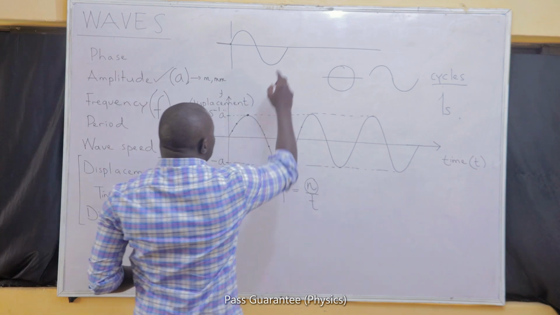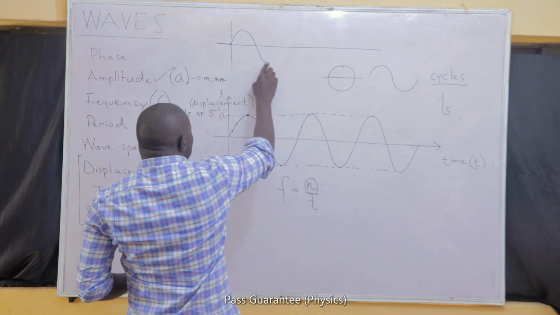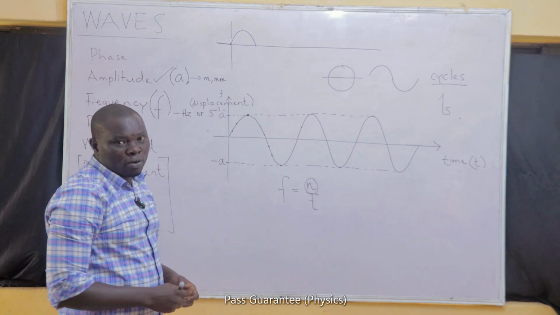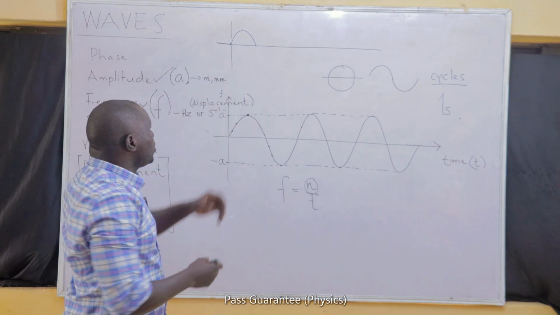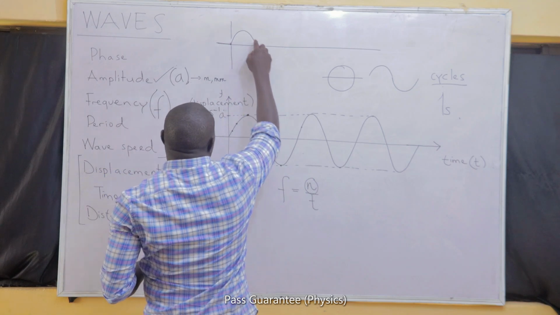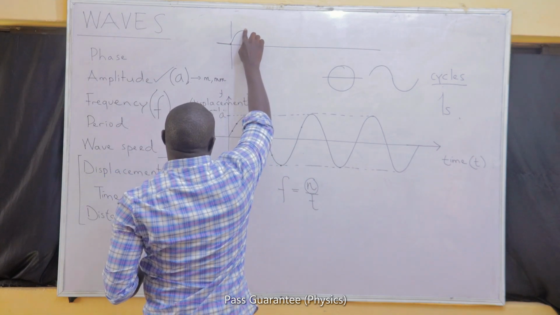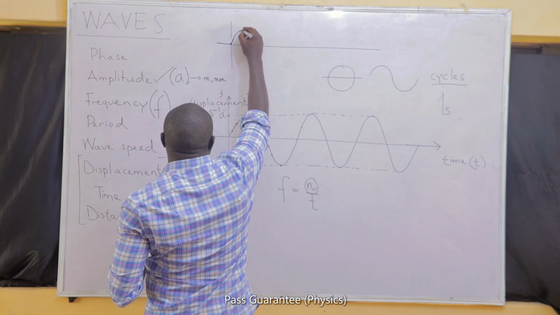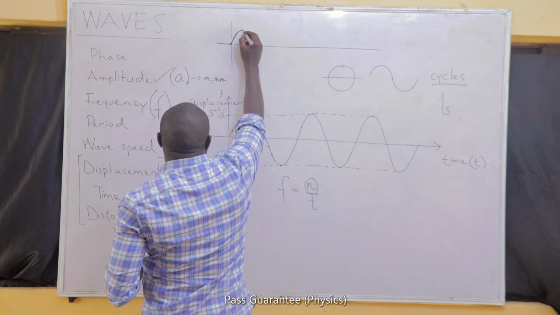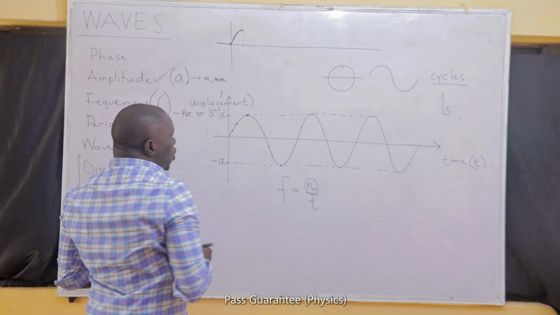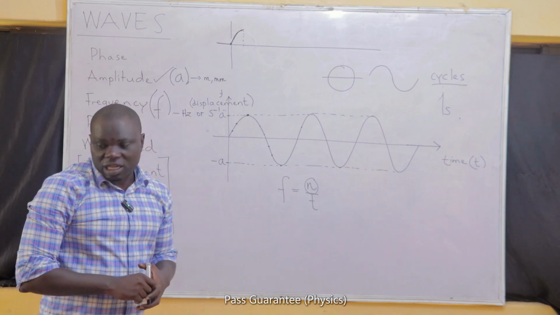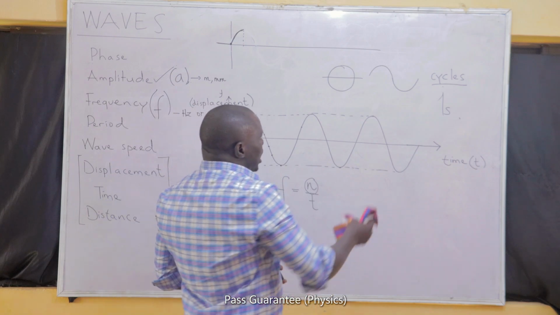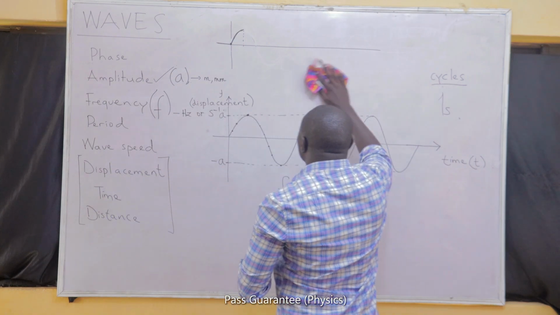It is possible sometimes for us to be given a pattern like this. Then I'll call this half of a cycle. I expect you to know that this is half of a cycle. We can also be given something of this form, a wave that will just go from its rest position to the maximum point. As long as it gets to the maximum point, I expect you to know that that is a quarter of a cycle. So we can be given full cycles. We can also be given fractional cycles. I hope you'll be able to read them when you have the graph.